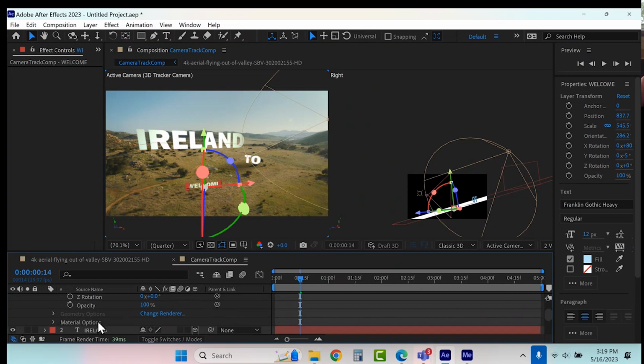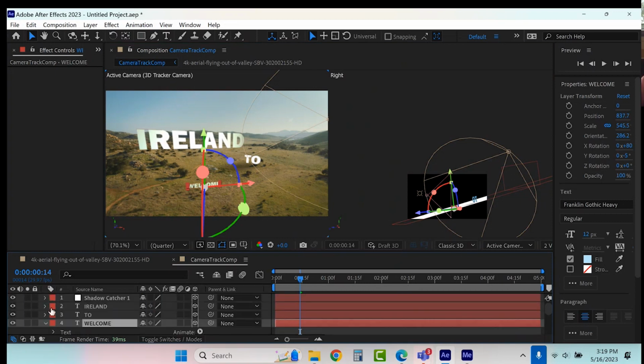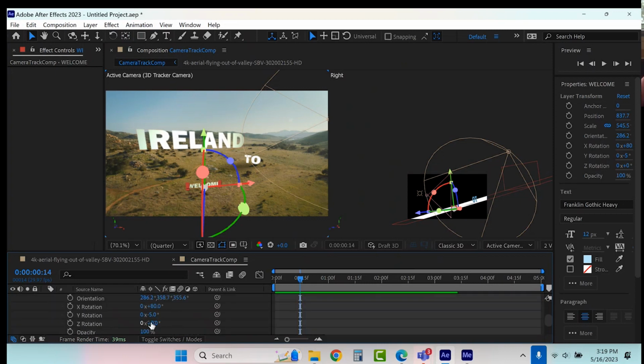So the shadow catcher does not want to work here with the Cinema 4D. Oh well. I'm going to go ahead and open up the word welcome, and I'm going to rotate it a little bit more so we start to see that cast shadow.